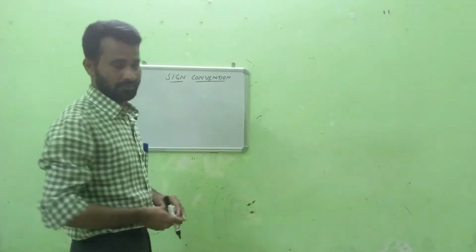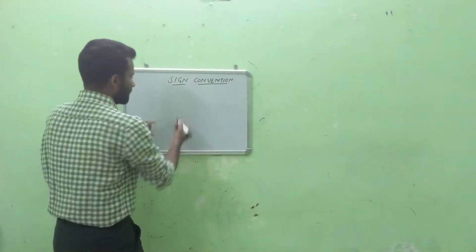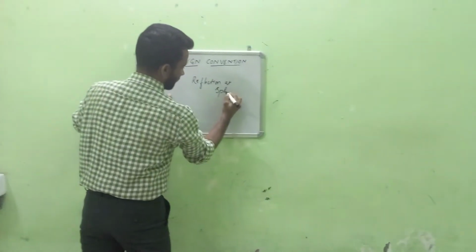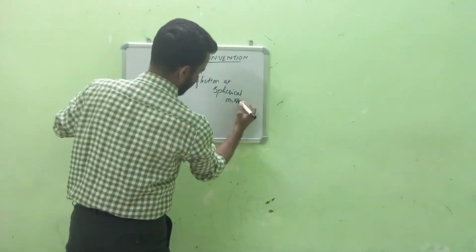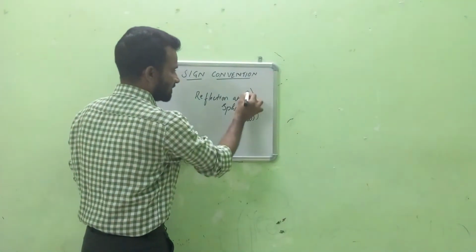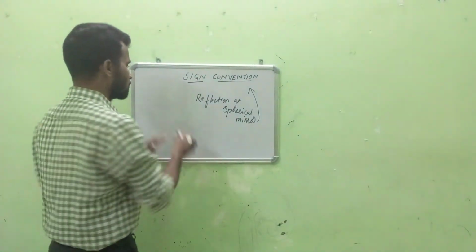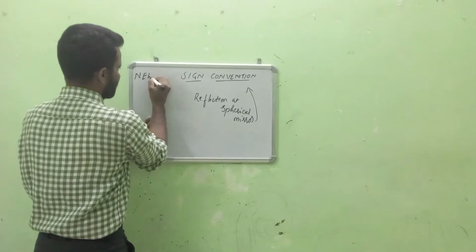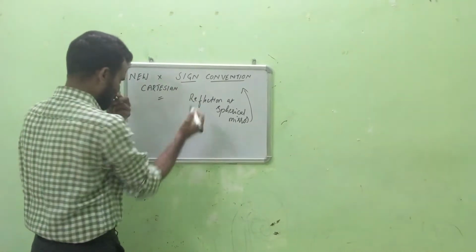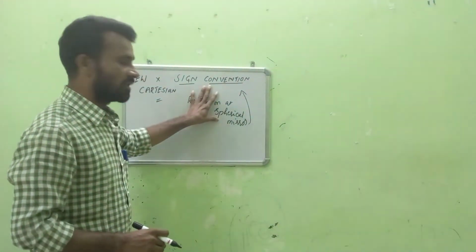Sign convention. When we are dealing with reflection at a spherical mirror, the sign conventions are very important. This is also called the new Cartesian sign convention. I am writing here: new Cartesian sign conventions. It is very important, and we also have to apply this sign convention for mathematical calculation purposes,